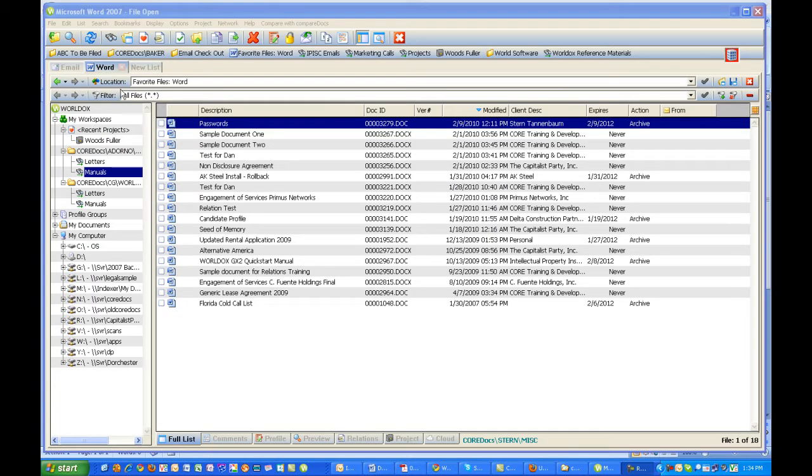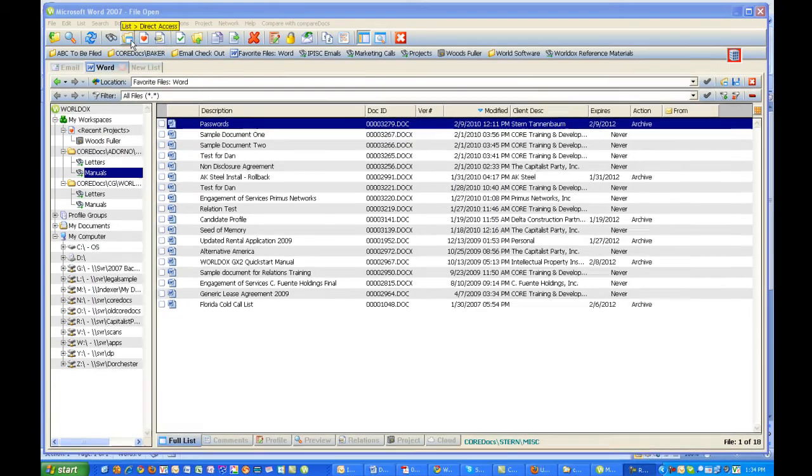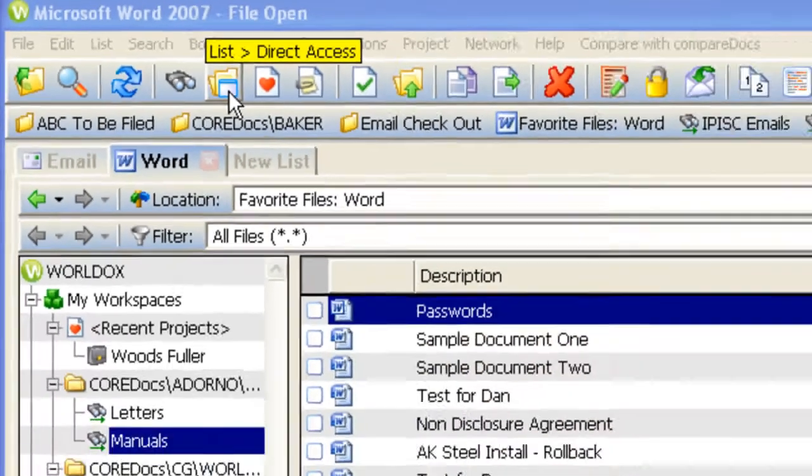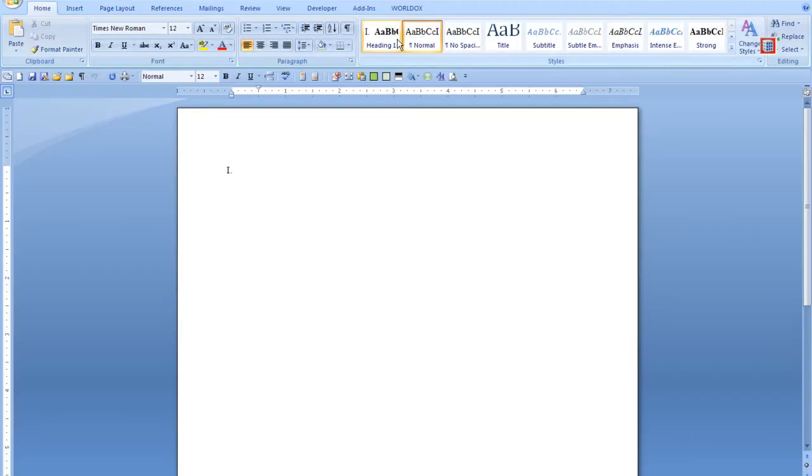This lesson is about direct access. The icon on the WorldDocs toolbar for direct access is right here. It's just next to the favorite files icon. And I'm going to take you back a few steps so that you understand what's happening and how the direct